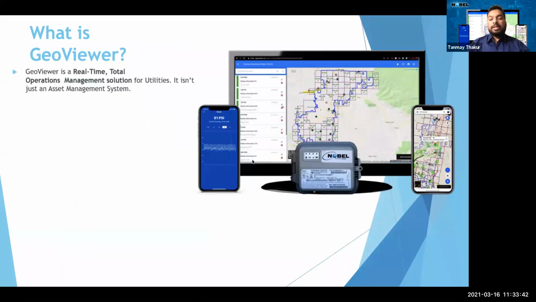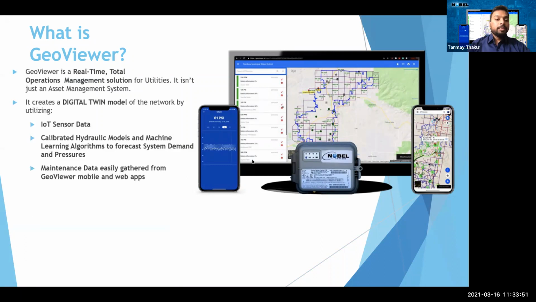GeoViewer is a real-time total operation management solution for utilities. It isn't just an asset management solution. It creates a digital twin model.